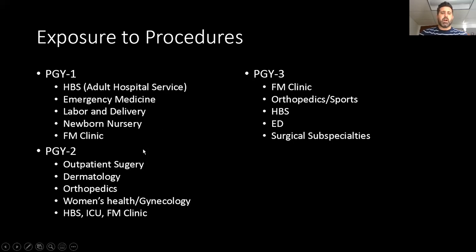PGY2 year, you have an outpatient surgery rotation, which mainly is in our outpatient procedure clinic, which is staffed by our family medicine doctors, dermatology, orthopedics, in addition, women's health, gynecology month, and also HBS, ICU, and then within your family medicine clinic itself. PGY3 year, you have a lot more family medicine clinic where you're seeing your own patients